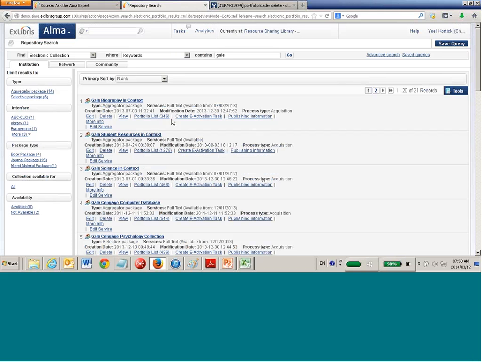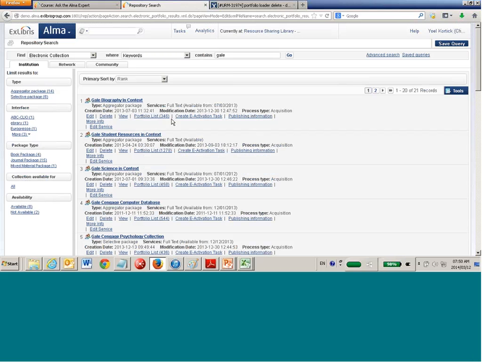But in this case, they really are part of a collection in the business sense. They're not part of the community zone at this point, but business-wise, they should be under the Gale biography and